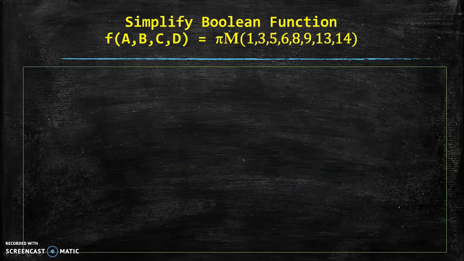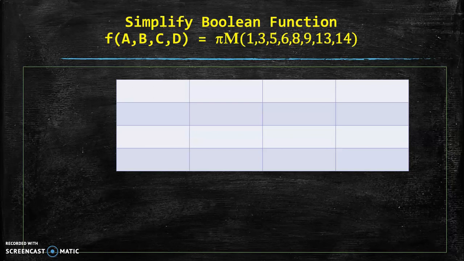Now let us take one more example of POS type of Boolean function with 4 variables. So f of ABCD is given and we have given max terms, that is 1, 3, 5, 6, 8, 9, 13 and 14. So for